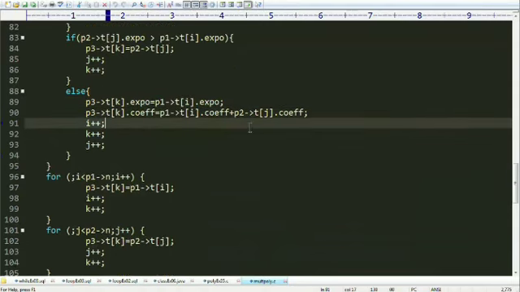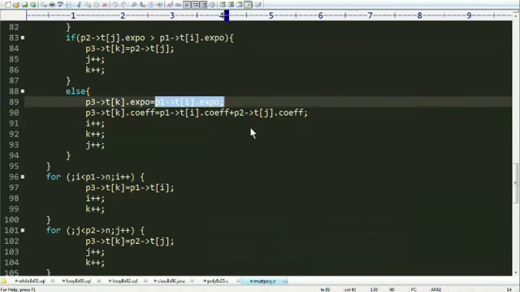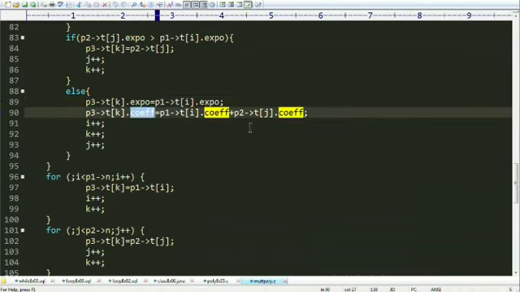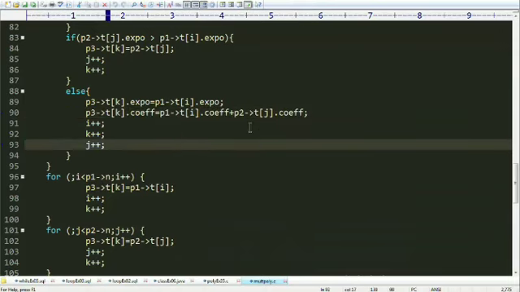I'm just copying the exponent present in polynomial first to the exponent at the resultant position, but with regard to the coefficient I'm adding the coefficients present at that exponent position in both polynomials and incrementing three variables i, j and k.